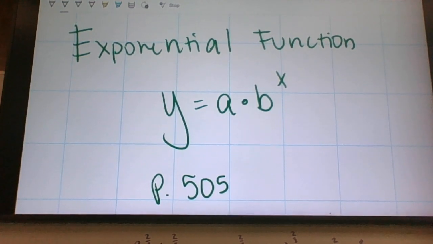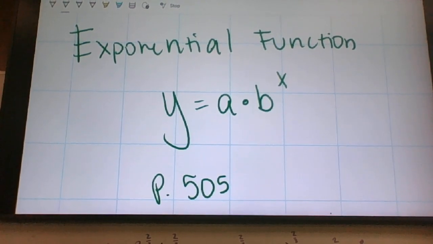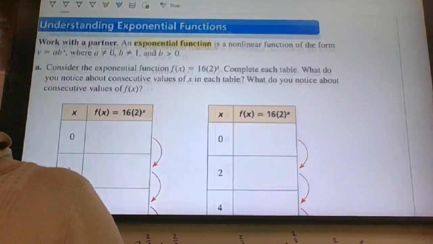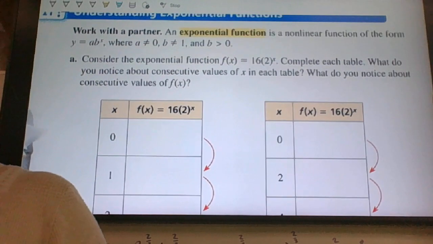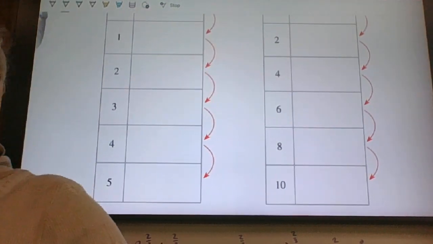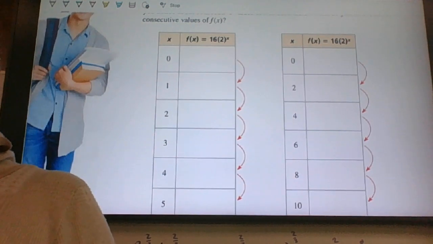All right, on 505, you guys are going to start doing the math here. It says to work with a partner, so you do have permission to split this up. If you want to say, hey, I do 0 to 4, you do 5 through 7, and you do